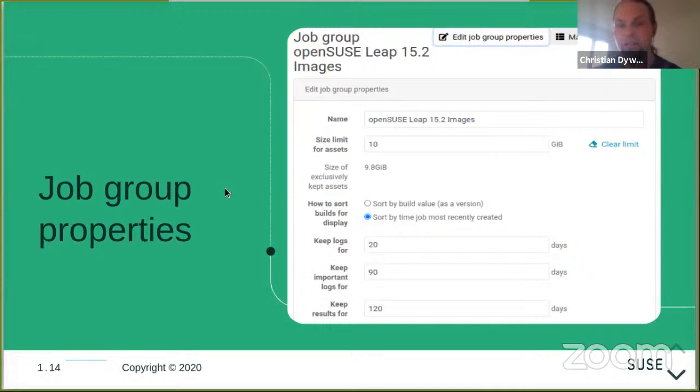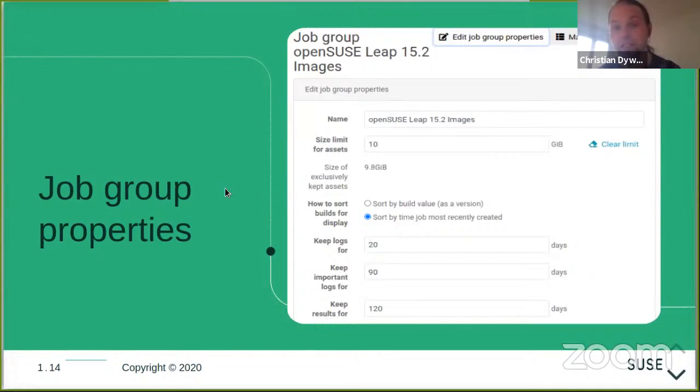This is an example of what it looks like to edit one of the groups, this being the Leap 15.2 group. For example, you need to define your assets, being the name of everything that comprises your test results, and for example you have 10 gigabytes of storage.